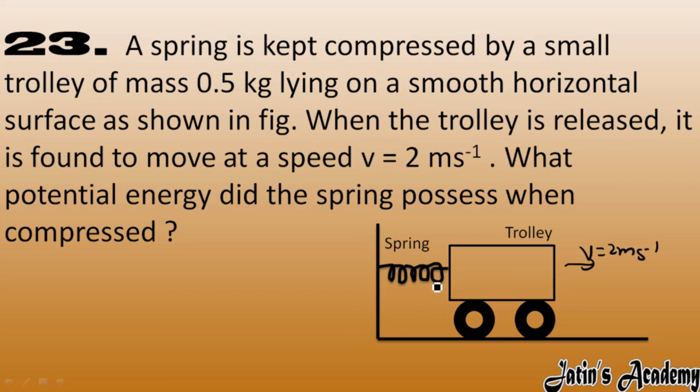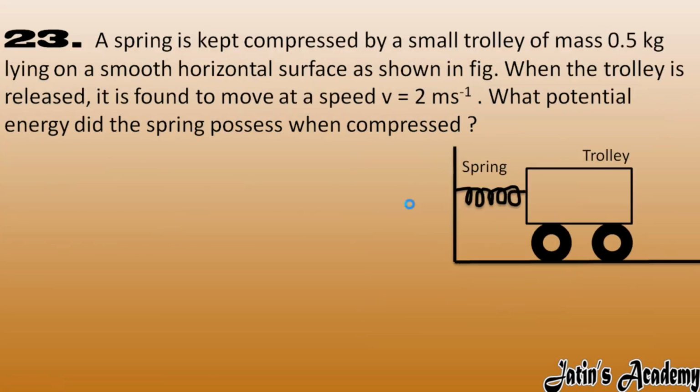Now carefully see what the question is. Initially the spring is compressed with the trolley. When you leave the trolley, the spring applies force on the trolley and the trolley starts moving in the forward direction with a speed of 2 meter per second. It has mass 0.5 kg. We have to calculate how much elastic potential energy was initially stored in the spring. Clear? So according to conservation of energy,